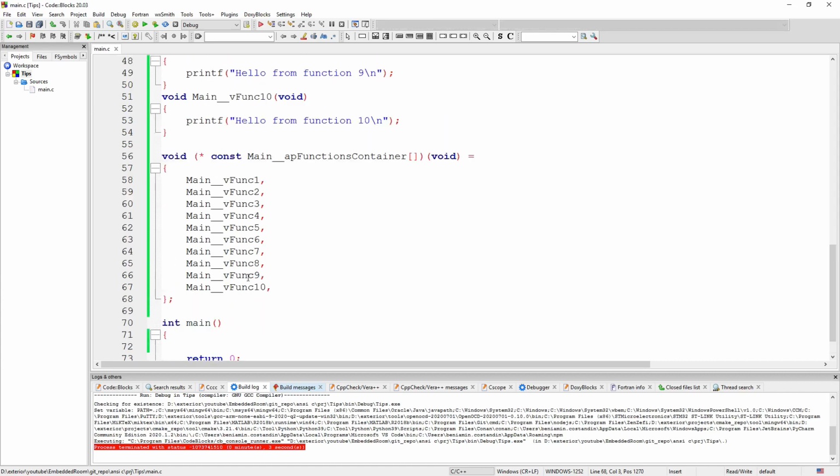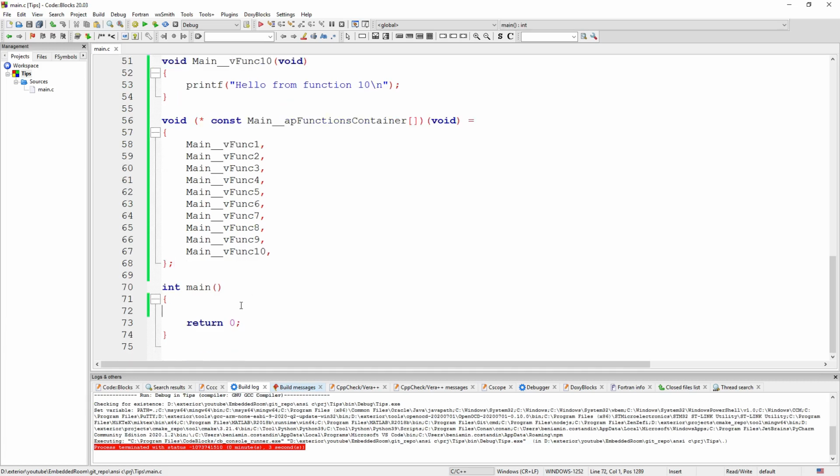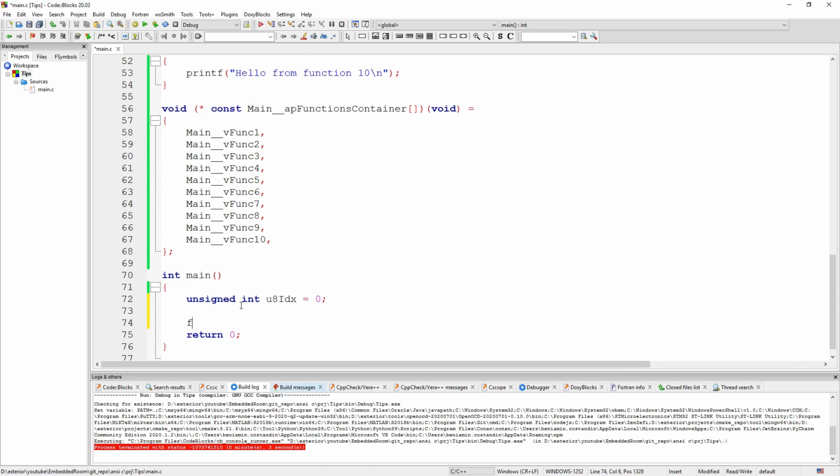Now, if we already have the array, we need only to use it. So for this one, we will create an unsigned int as index and use a for loop for this one. So for index equal to 0, index less than length of the array, which is 10 in our case,